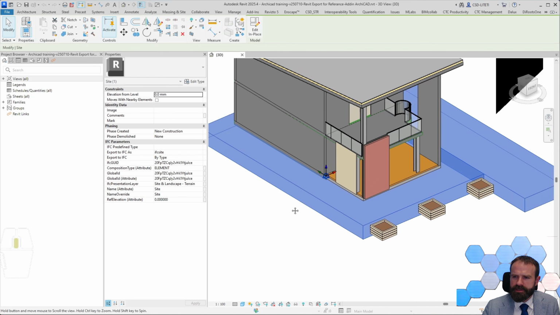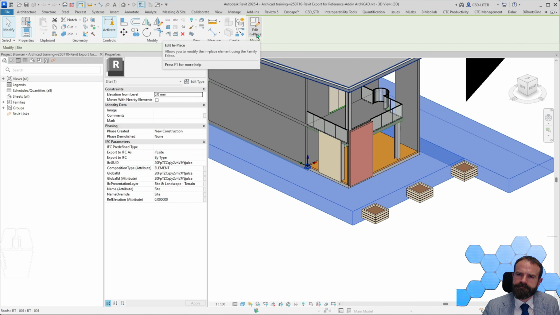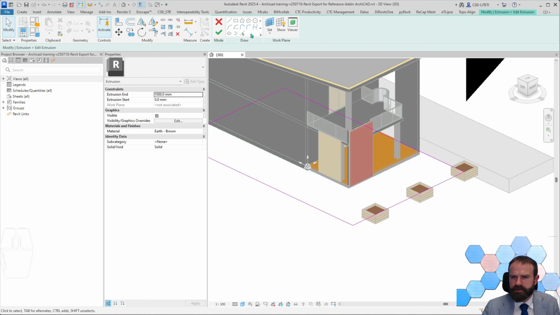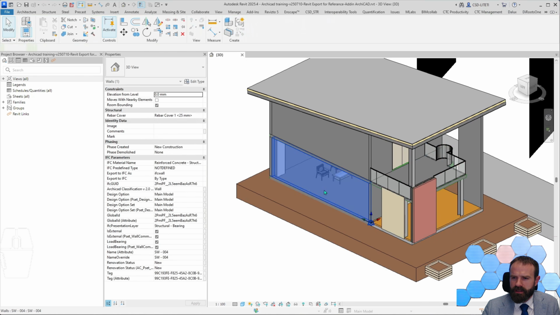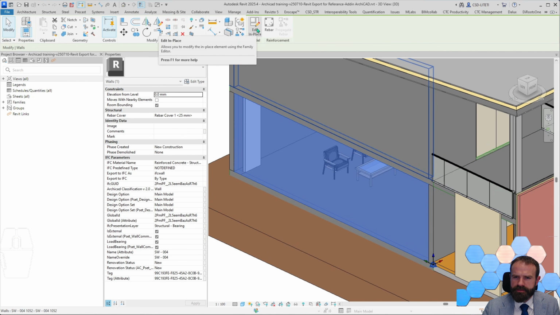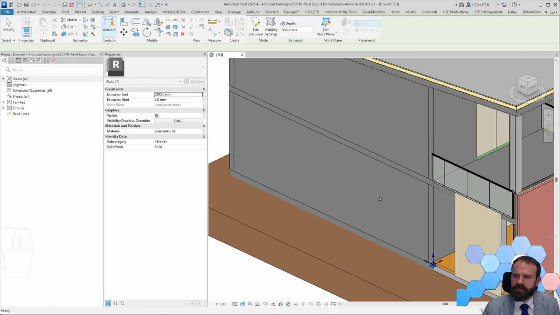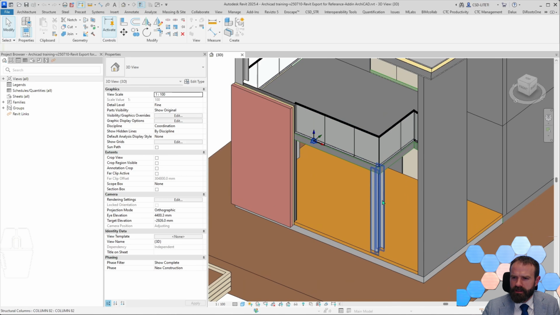Now if I select any element, I see it's a model in place, and if I select the model in place element, I get basic element, edit extrusion, so it's extruded model in place elements. The same is for the walls, edit in place, and I have extruded model in place elements. And for the column,